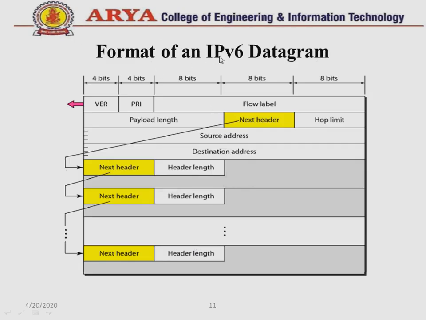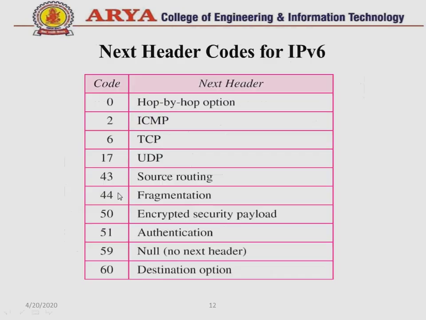And here is the format of an IPv6 datagram. So you can see where the difference is. Basically this is the diagram for the header. The parameters which are in the header of IPv4 are also present here, and some next headers, indicated with yellow color, are also shown here. So these next headers are the extra part in IPv6. So what are these next headers?